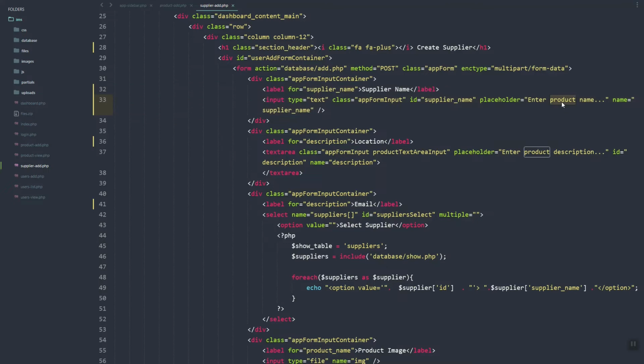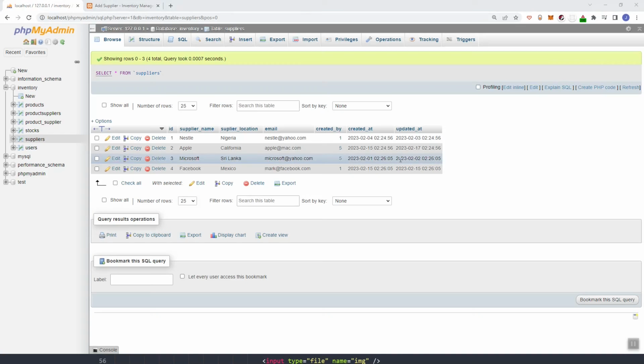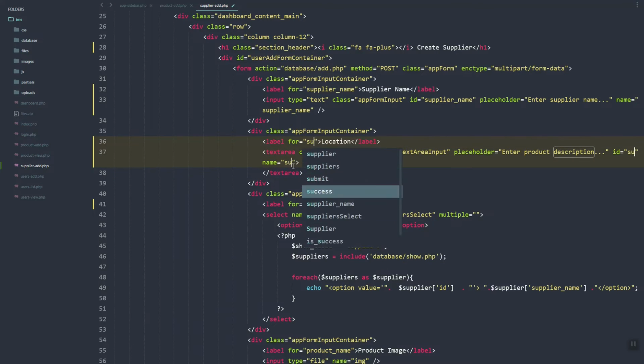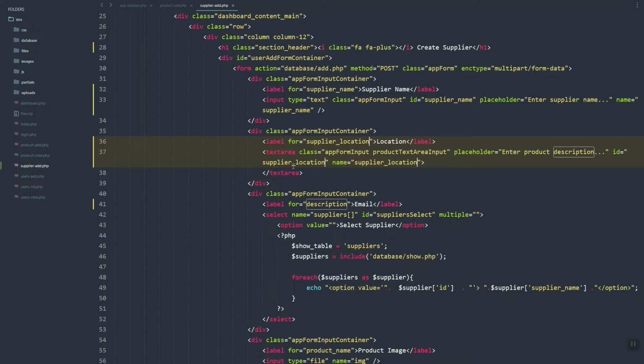Then we have the location, so supplier location, as you can see here, and then here supplier location,